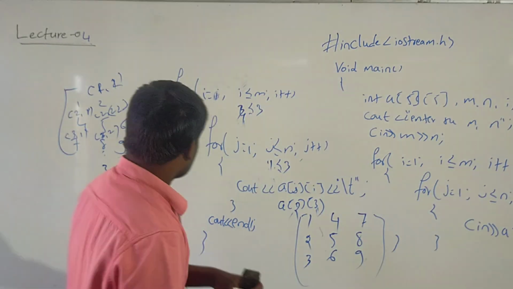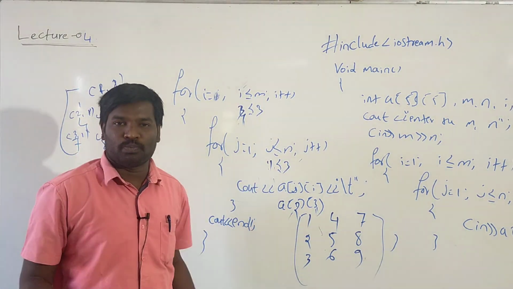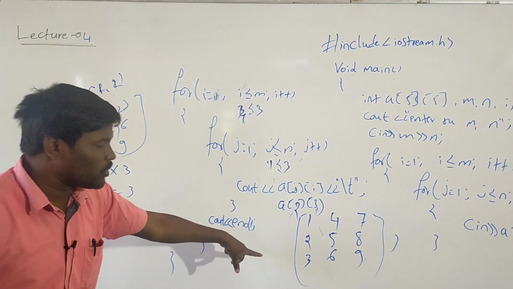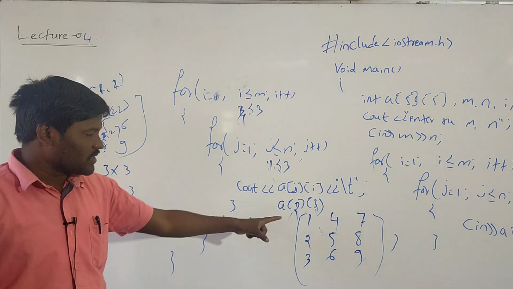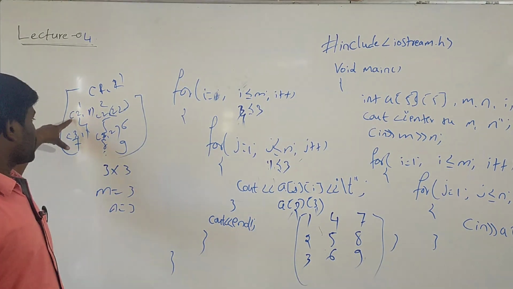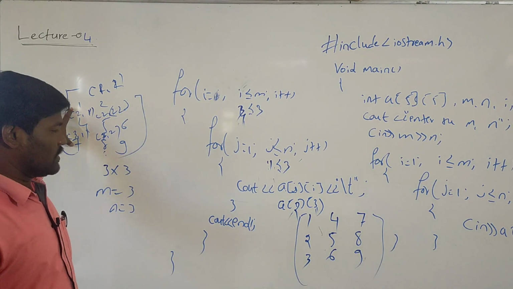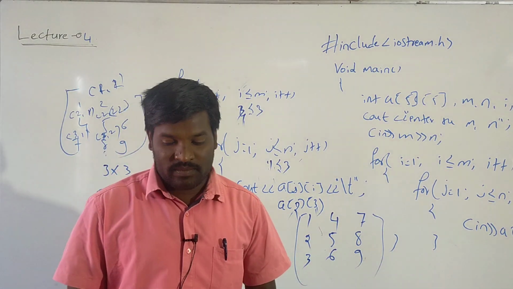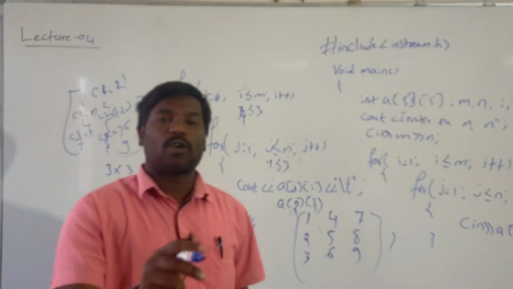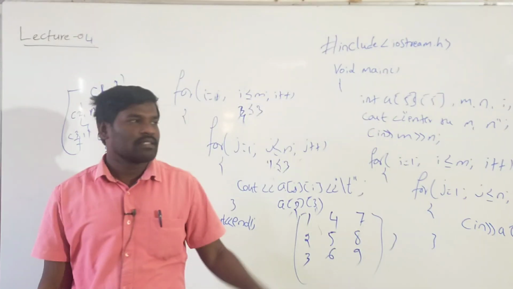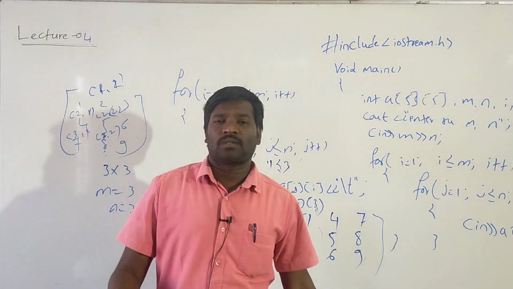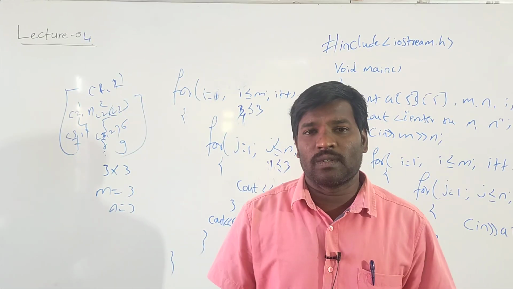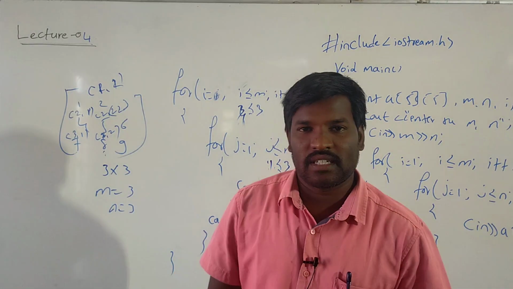See here. So this is the input and this is the output. Here the first row 1 2 3, after transposing, becomes a column. That is 1 2 3, and 1 4 7 is there. Here column is there, here row is there. Means the transpose of matrix means row becomes column and column becomes row. Okay. So this is the example for two-dimensional arrays. There are so many examples, so we will discuss in the next class. Okay, thank you.